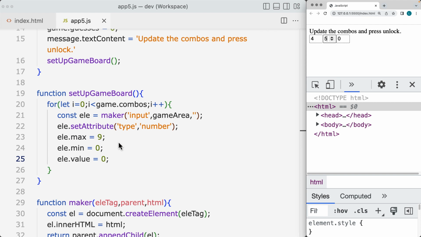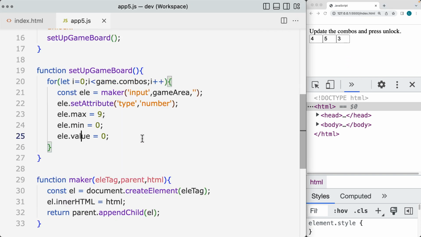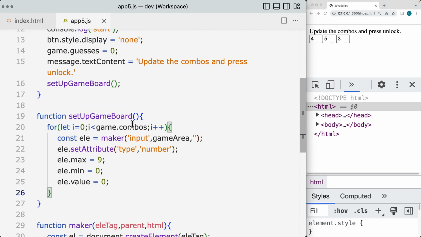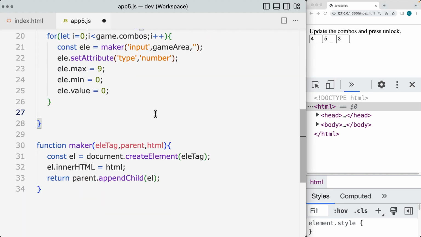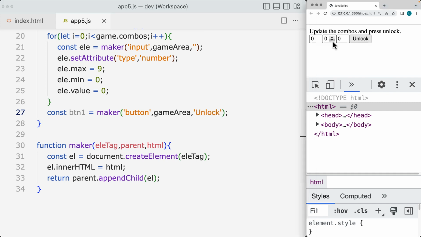We also need to have a button that's going to be checking to see if it's correct or not. And that's what we add after. And we're doing that within the setup of the game board. Button 1. And we can use the maker again, creating a button. The parent is going to be the game area, and the content is going to be unlock. So start the game, and there's the unlock button, and then we need to add an action to the unlock